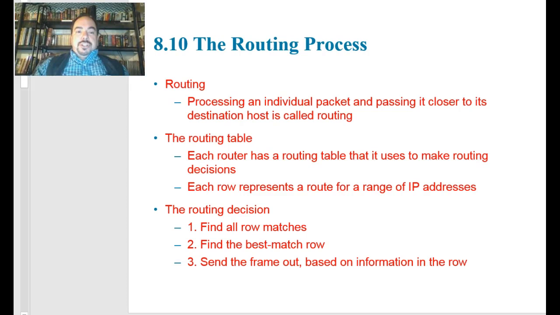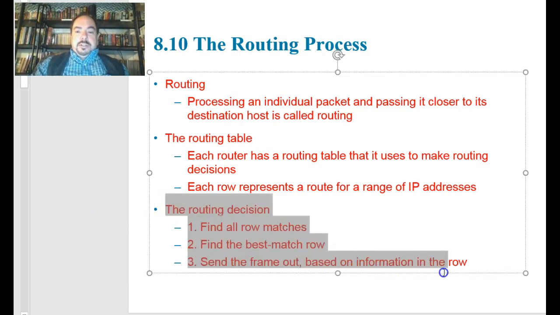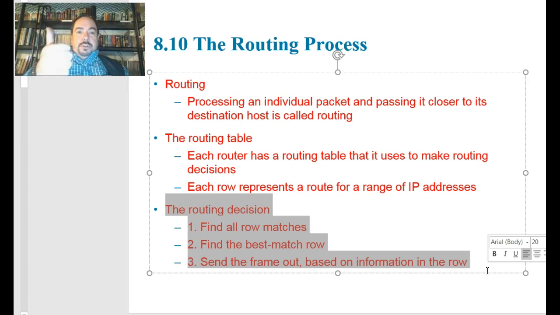The routing decision down here, this is the meat. It's a simple three-step process. Every single router works this way. It'll go through its routing table and find all the row matches, not the first one, all row matches. Then it'll determine the best row match based on an algorithm. And third, it'll send the packet out